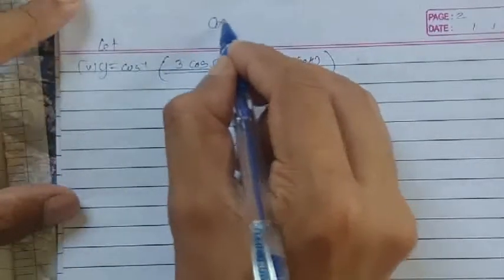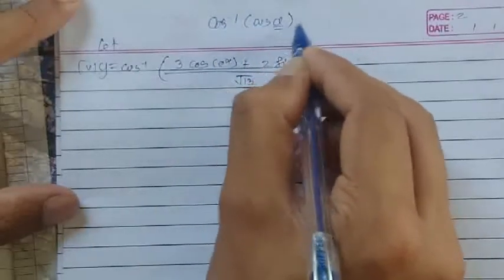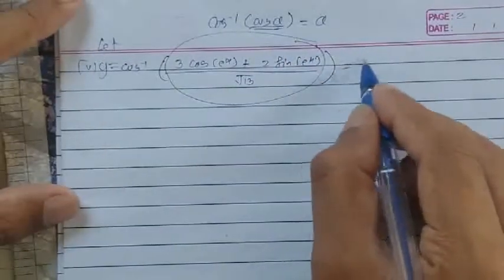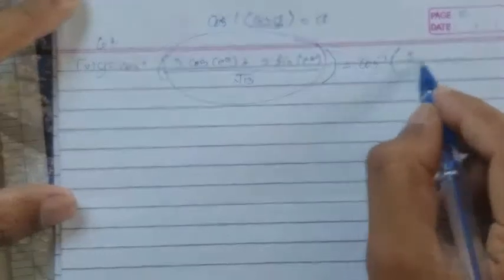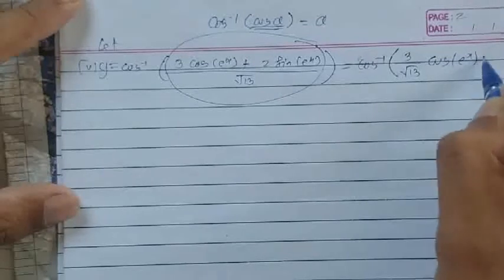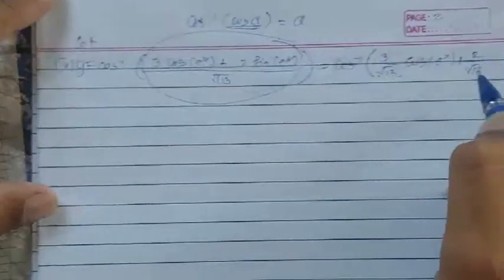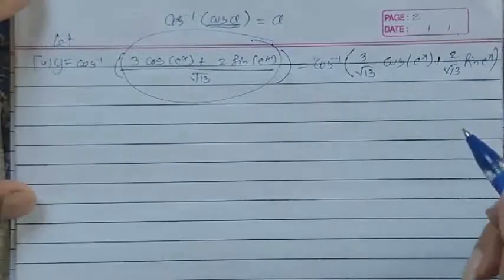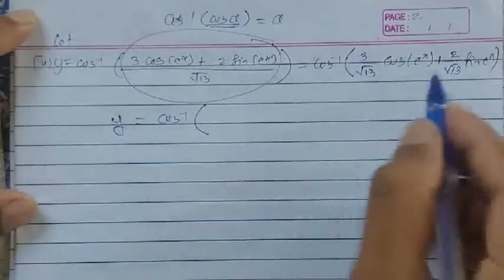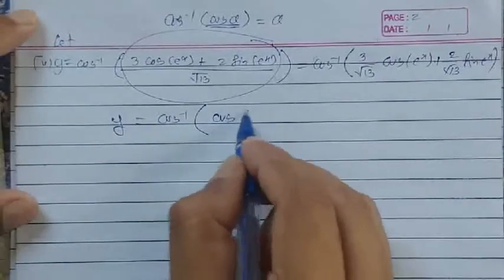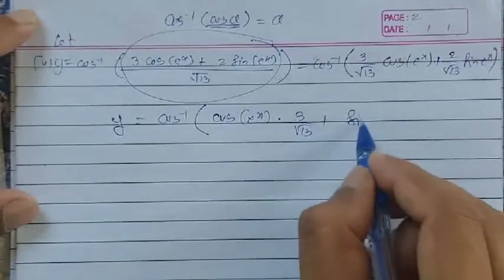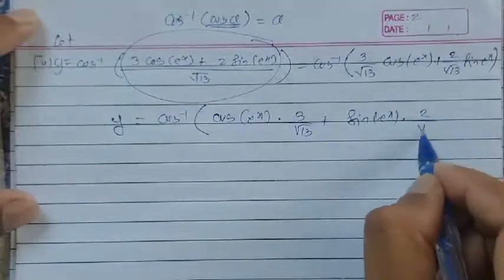So again we know that cos inverse of cos of theta is nothing but that angle theta. So try to convert this whole angle in terms of cosine angle. So for that, try to separate out firstly the denominator. So we get 3 by root of 13 cos of e raised to x plus 2 by root of 13 sin of e raised to x. We know that again multiplication is commutative, so we can easily rearrange that angle in the form cos of e raised to x into 3 by root of 13, middle sign is plus, sin of e raised to x into 2 by root of 13.